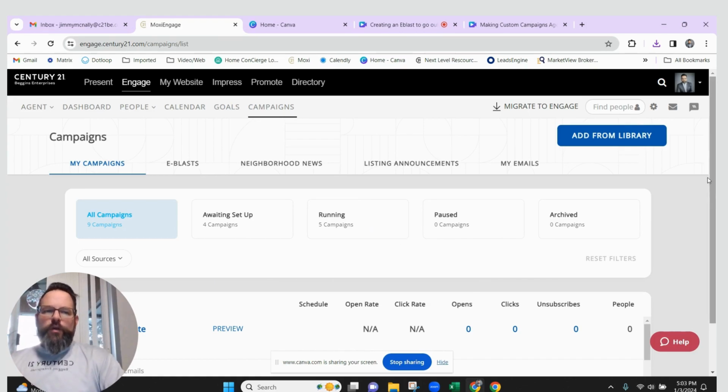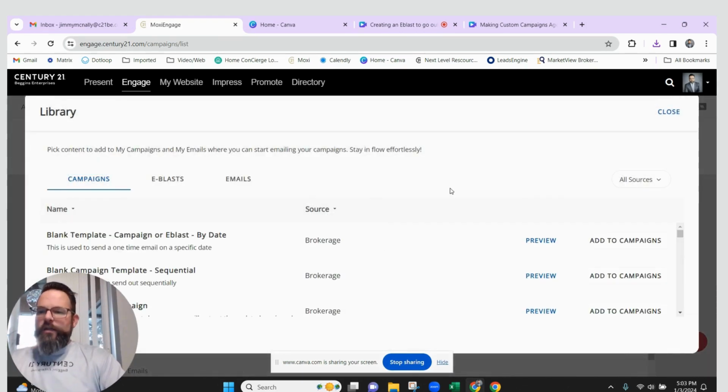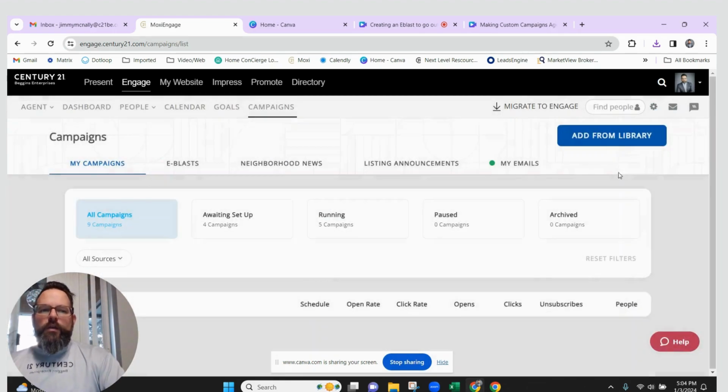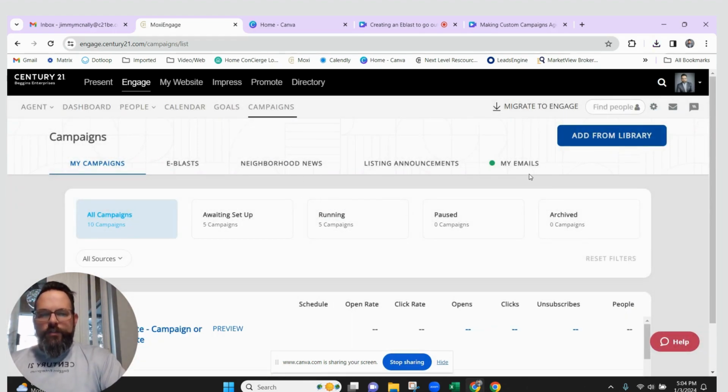So to do this, what we're going to do is we're going to go to add from library, and we're going to stick with a campaign. And in this case, we're going to grab the one that says campaign or eblast by date. We're going to add that to our library, and you see the green box here that pops up and says you're ready to go, and we're going to go ahead and close that. Now, once that's done, you're going to see that your blank template is down here ready to go for the campaign. But before we do that, we have to make that email so we can blast it out to everybody